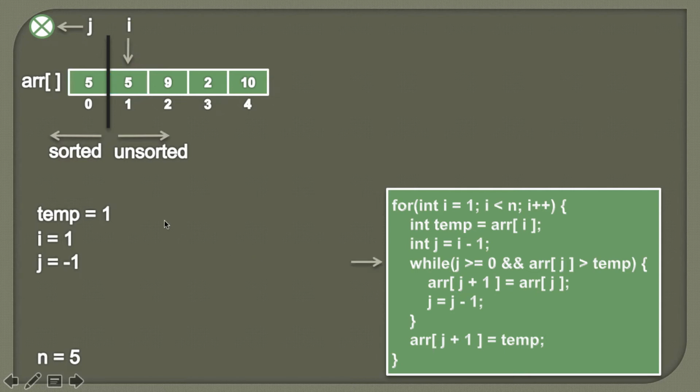So friends, as here you can see that in our sorted part there was only one element, 5. So we compared that element with 1, and there are no more elements to compare. So therefore this condition where j is greater than or equal to 0 comes out to be false, because j is equal to minus 1. So the condition in while loop comes out to be false, and while loop exits.